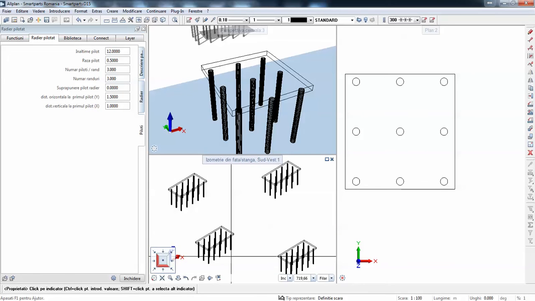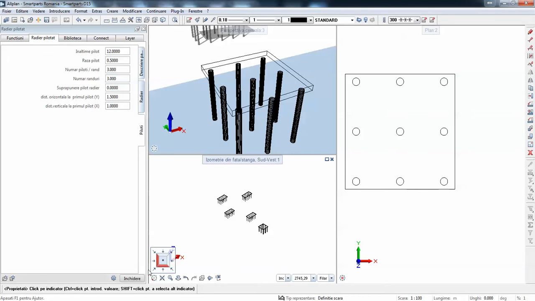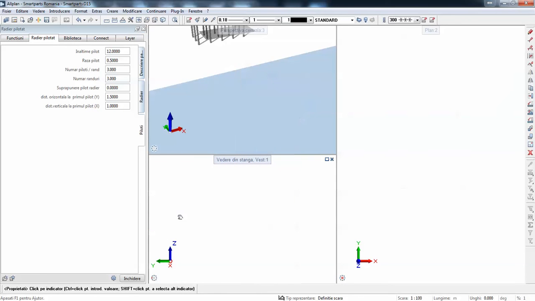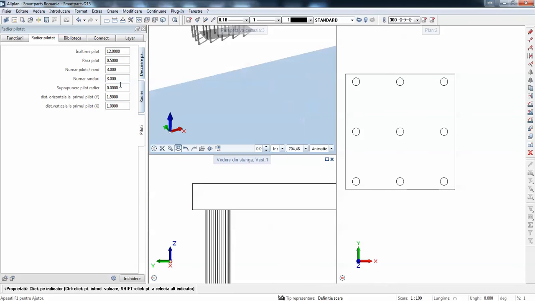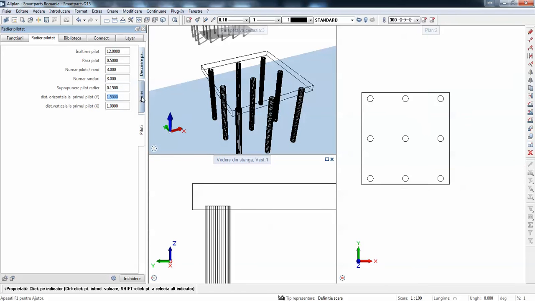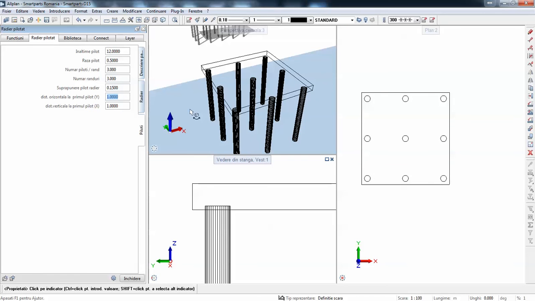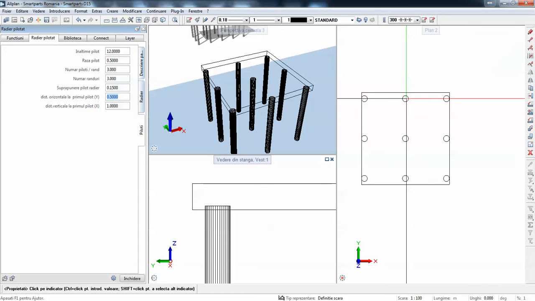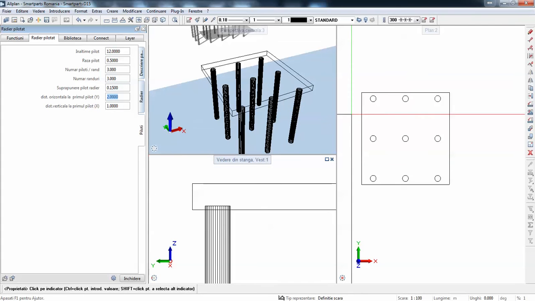Okay, actually it's like this. Here it's what I'm doing, we can see here. So no, let's say no stiff connection or a stiff connection between the piles and the rafter. And these are some dimensions for the distances I impose. I can say 1 meter, half a meter, from the distance from the edge of the first pile.